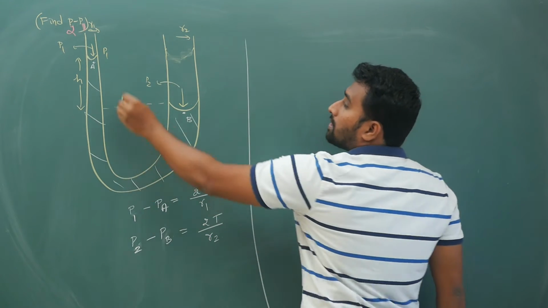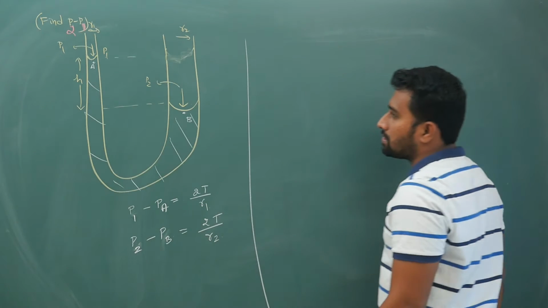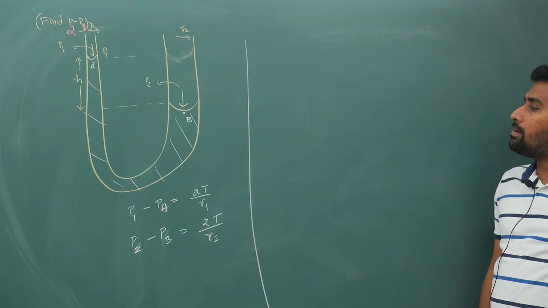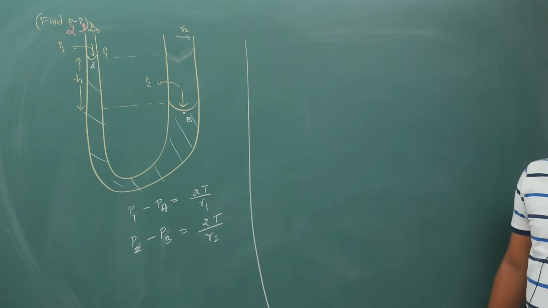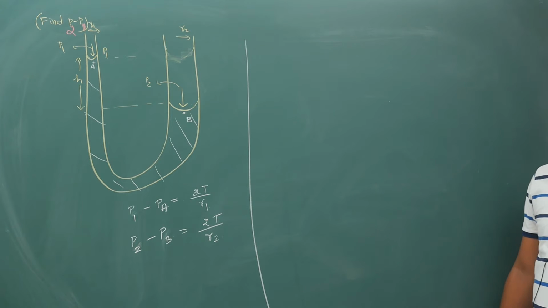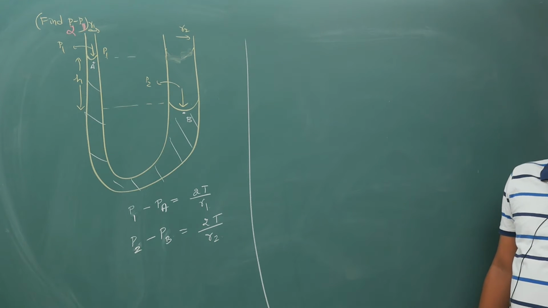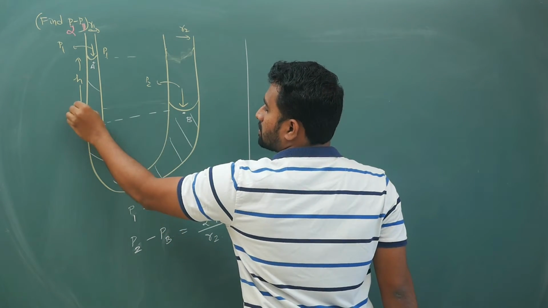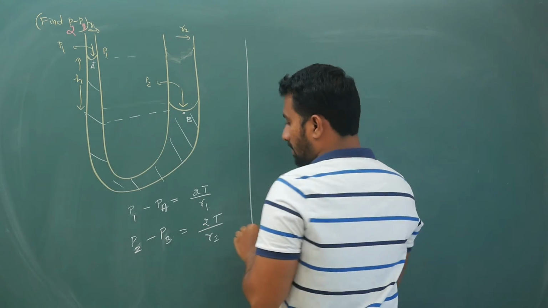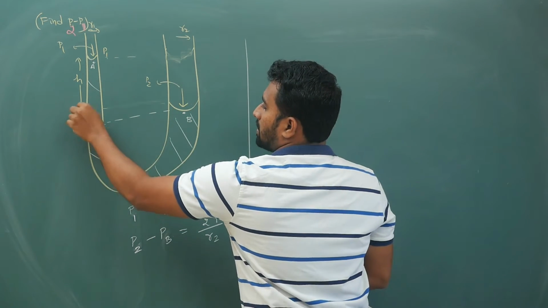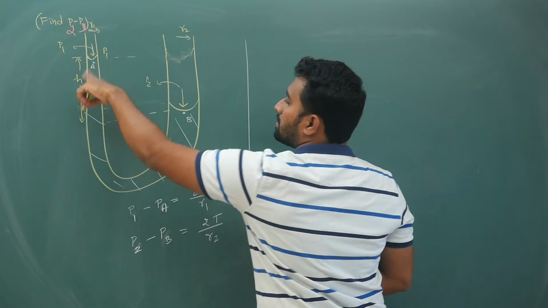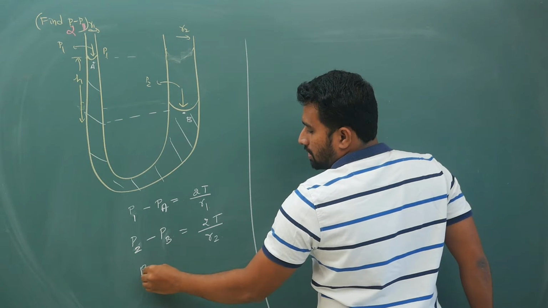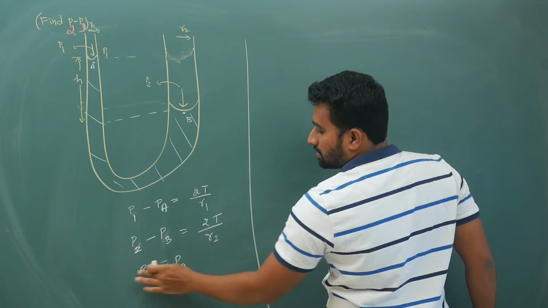Now what is the pressure difference between these two? You can write PB as P at A plus h rho g. Your PB is PA plus h rho g from fluid mechanics. This height is given as h. The diagram is slightly bad, but this height is given as h. So you can write PB is equal to PA plus h rho g.